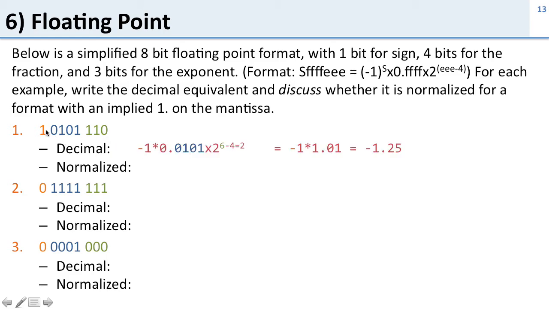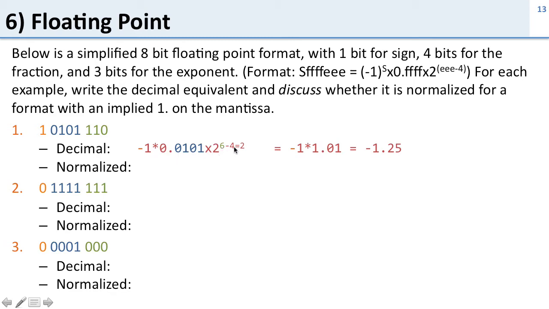All right, so we've got a 1 here, so that means we're going to have 1 times negative 1 out front, so we're going to get a negative 1 here. And then here's our mantissa, so 0, 0, 1, 0, 1 in here, and here's our exponent, which is 6. So this is the number we have. It's negative 1 times